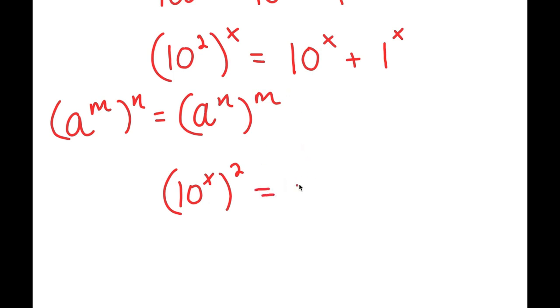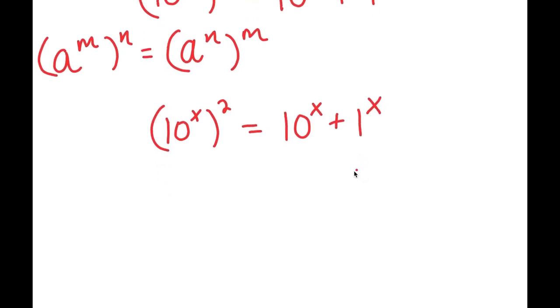So now I have 10 to the power of x to the power of 2 is equal to 10 to the power of x plus 1 to the power of x. Now, if I have something in the form 1 to the power of any number, it is just going to be 1. So we can just get rid of this x as an exponent because it won't really change anything. So now I have 10 to the power of x squared is equal to 10 to the power of x